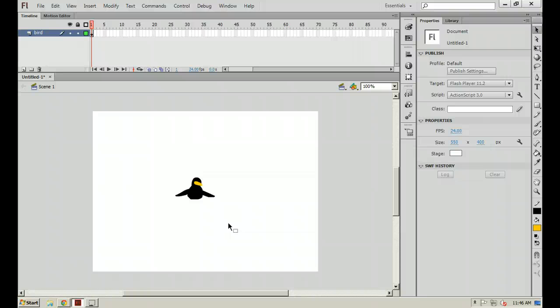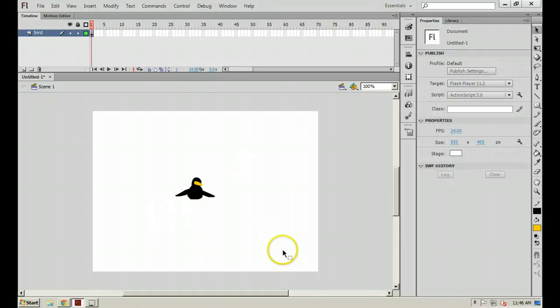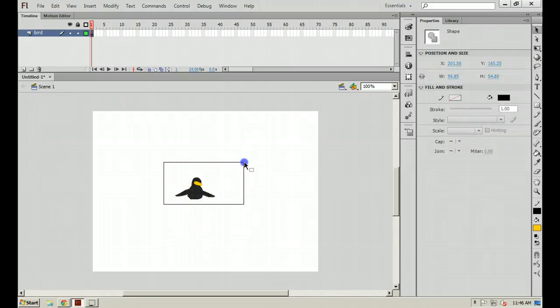Because really, we're not going to make this do much. Typically, if you have a bird, you'd go through and make a movie clip inside of a movie clip, make the wings move and all of that. That would take too long for this tutorial here. So go ahead and just with your bird, however it looks right now, select the entire bird and hit F8